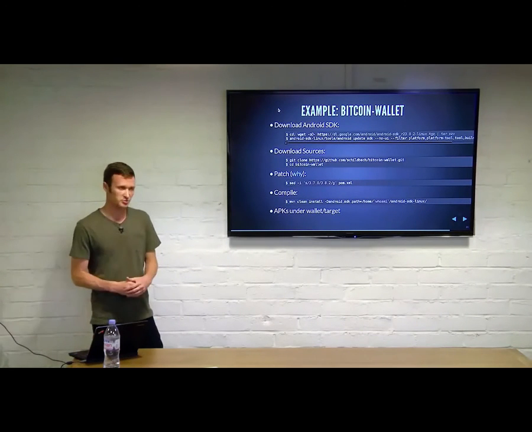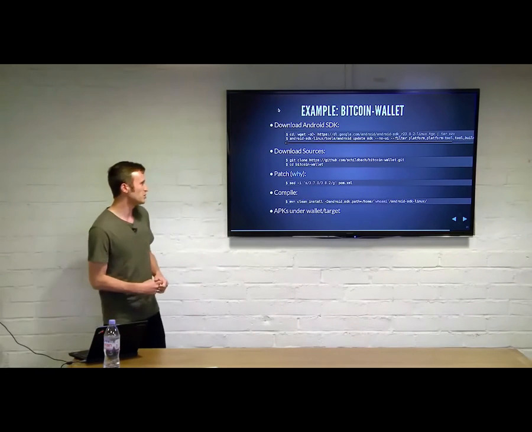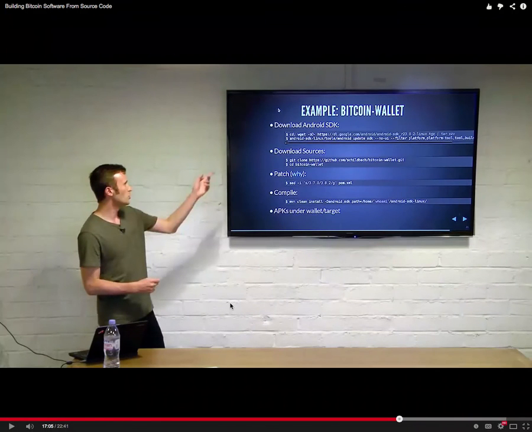And then the last example is Bitcoin Wallet. This is an Android wallet, and again, pretty simple instructions. One thing to point out real quick is that usually when you make a modification and you recompile using the make command, it's only going to recompile the source code files that you modified. It won't recompile the whole thing. So for instance, if you make a change to the Bitcoin core to use a 1-minute block time instead of a 10-minute block time,